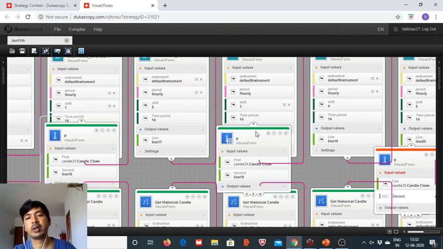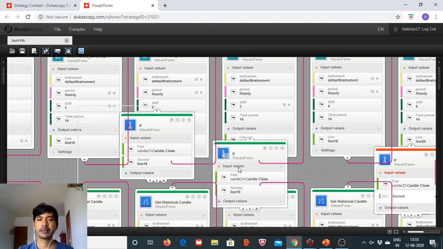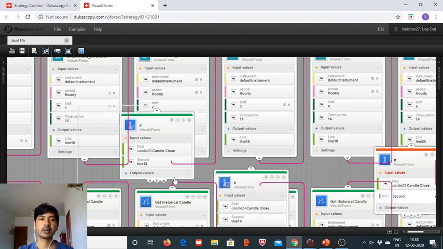So here we have done this. Candle 24's closing level is needed to be less. First we connect this, and it should be less. First input is less than second input,